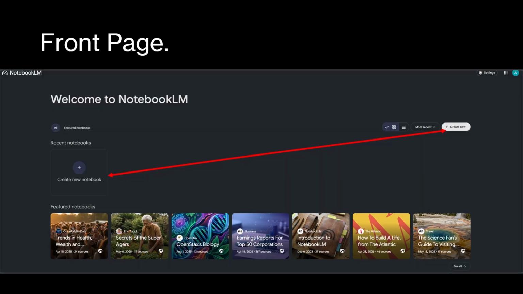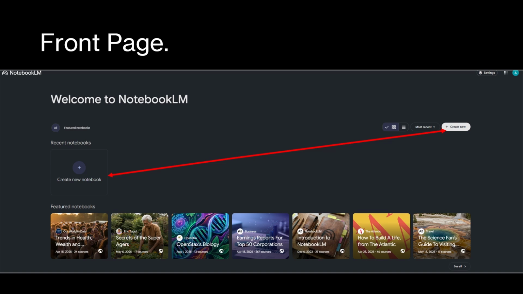However, when you go there for the first time, you'll probably be greeted by a page asking you to sign into your Google account, which is the same thing that would happen when you open Google for the first time on a new computer or when you open up an app like YouTube. But if you get past that, which you should be able to do, when you open it, you'll see a front page where you can create